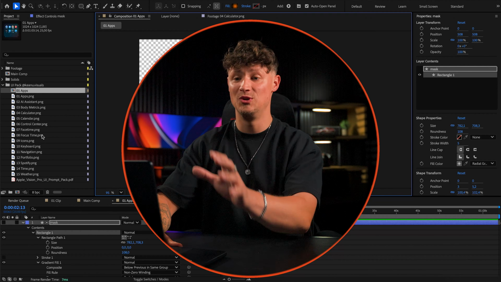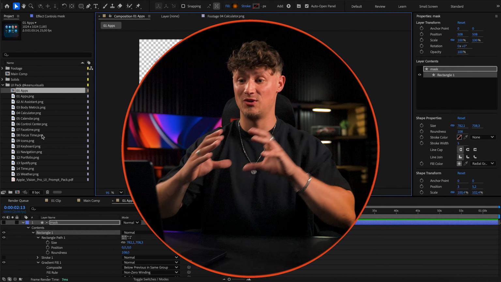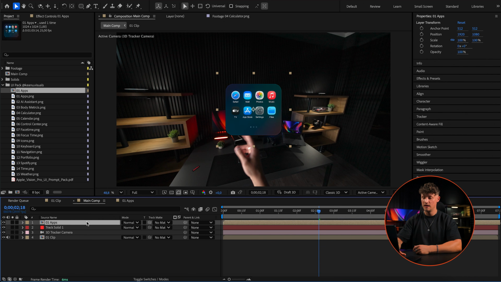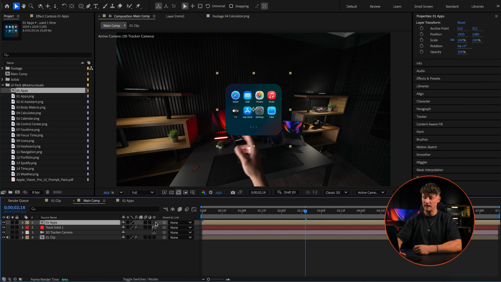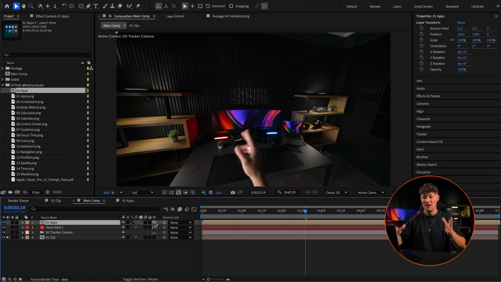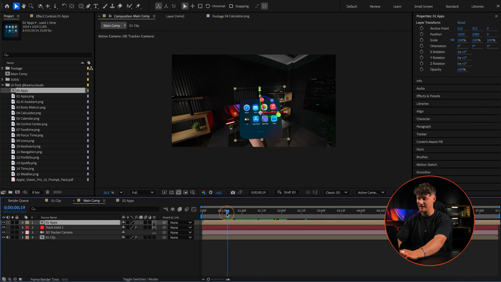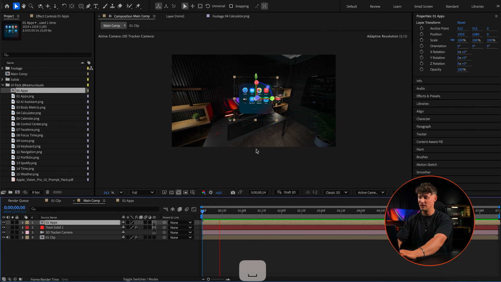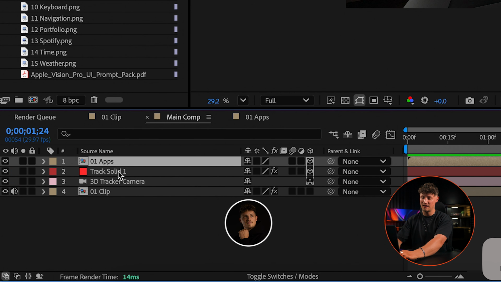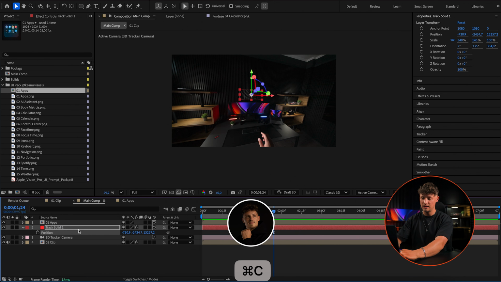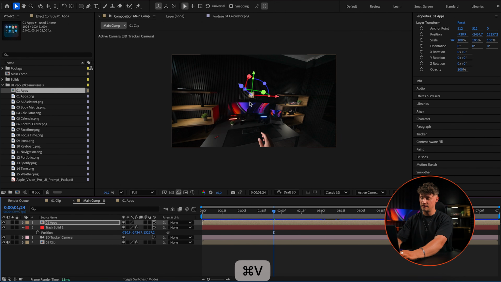So now we can actually use this one right in our 3D tracked scene. So we jump back into our main composition. We drag in the comp we've just created. Boom. And now we can make it a 3D layer. And now it disappeared because it's somewhere in 3D space. Like it's somewhere floating around. Here it is, but it's not the position where we want it to be, right? So we just have to copy and paste the position of our track solid, which we have created here. And boom, now it's at the same position.